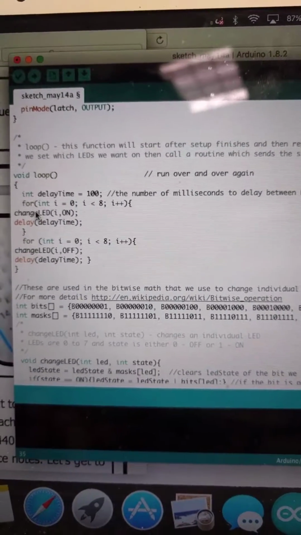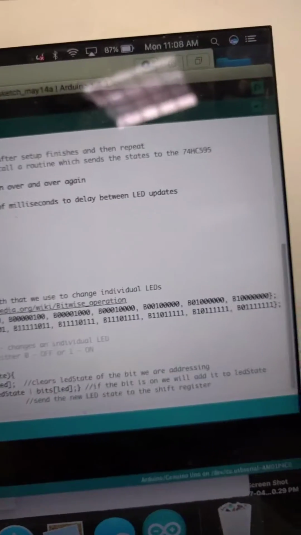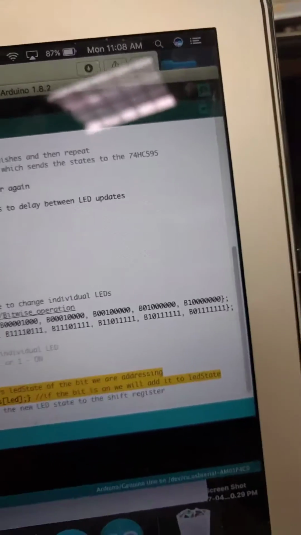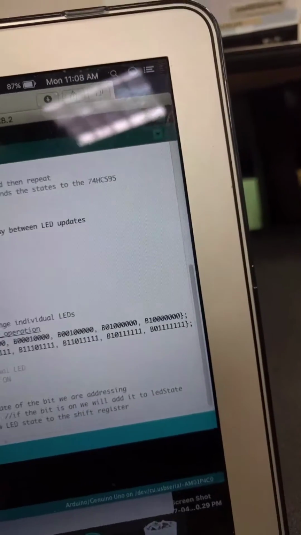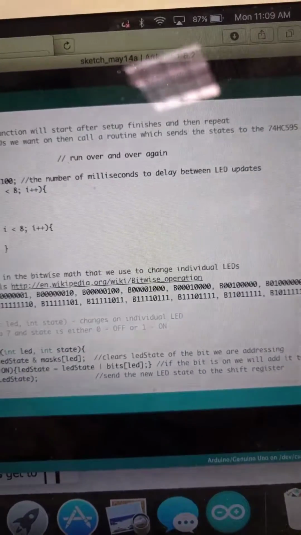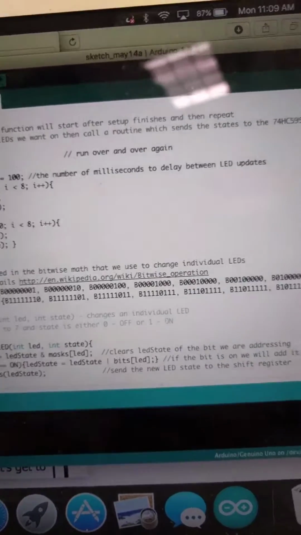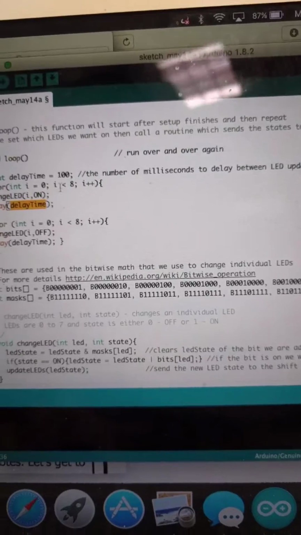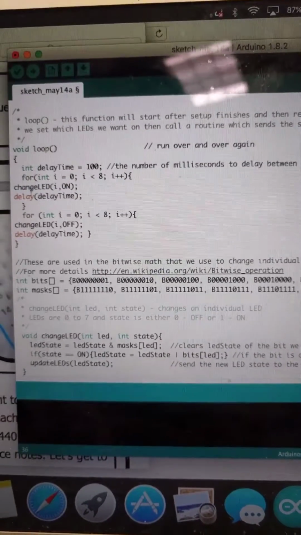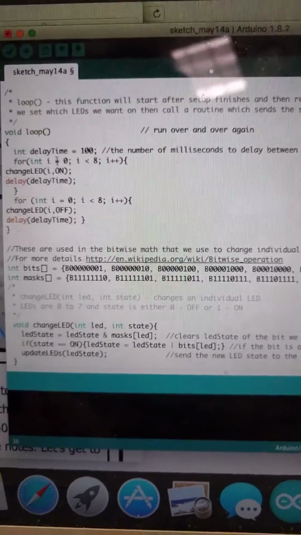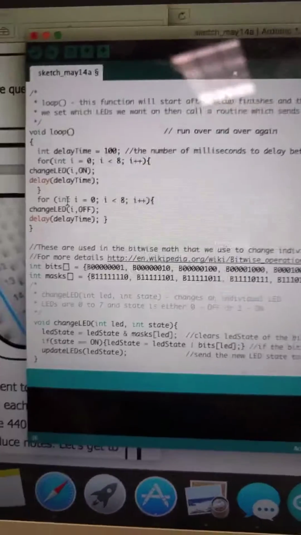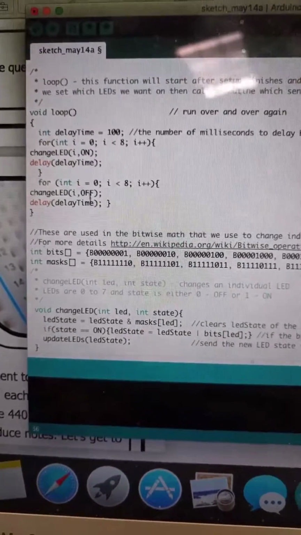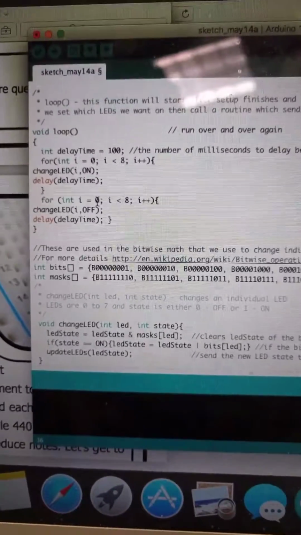So for change LED, that's this function right here that is the code that lets it actually change an LED from on to off. Well, you're setting it on, so it'll actually turn on. And then there's a bit of delay time, that 100 milliseconds, and it runs that back and forth again for 8 times. Then it gets to the second part, which is the second for loop, and what it's gonna do